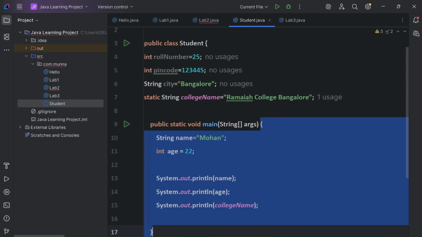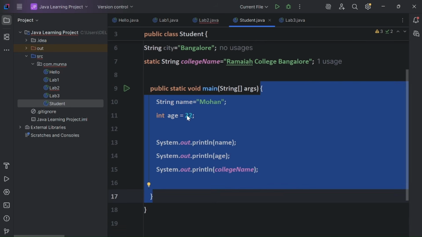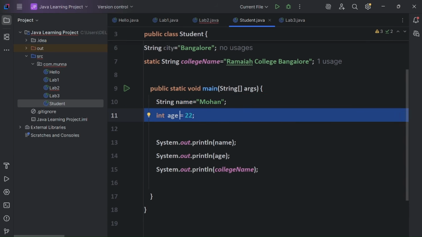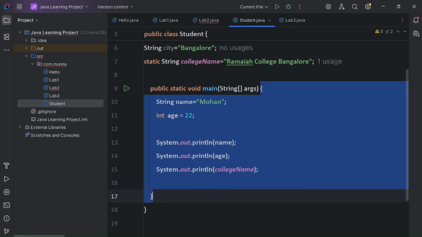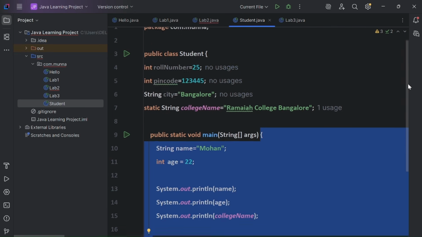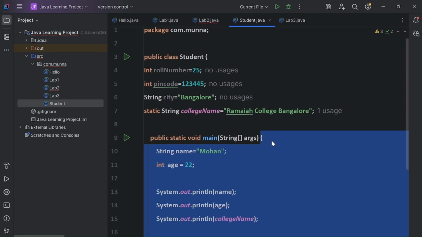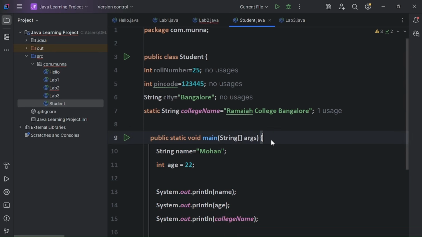So we should know, guys. See, now if we talk about local variables, they are part of a local block or method. Like I have taken String name Mohan and age 22. This is a local variable. It can be used only within this method. It cannot be used outside this method or block, guys. But these instance variables can be used in the local method and other blocks, but they are part of the object, with the object only we can use them.